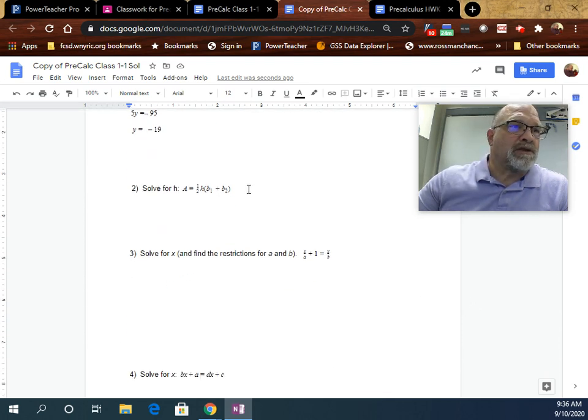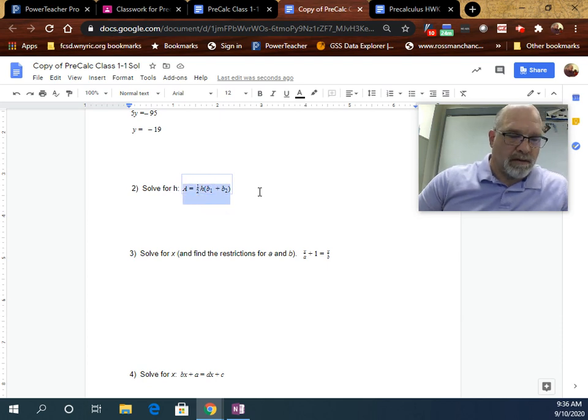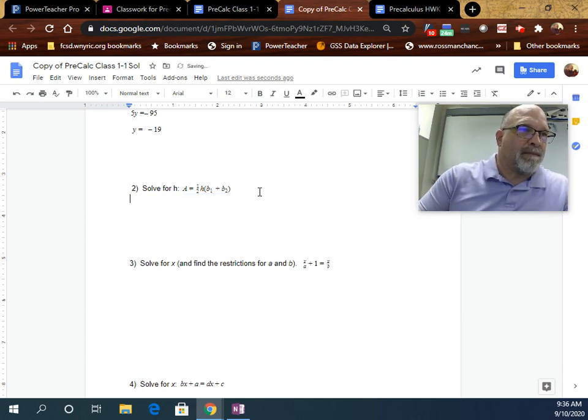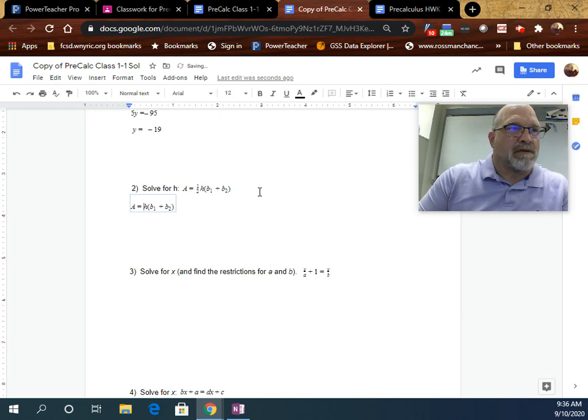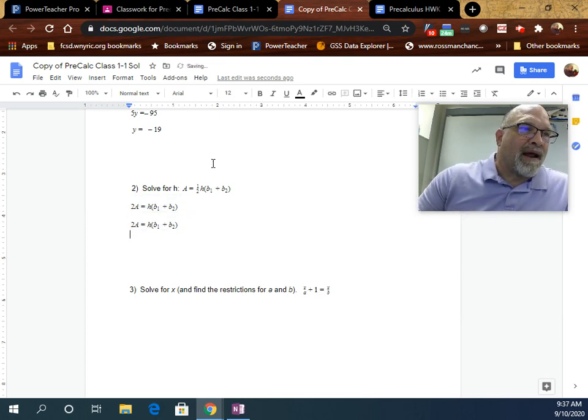is solving for h. This one may be a little bit more complicated. I use my equation editor. I'm going to copy it and paste it. First thing I do, I want to get rid of fractions. So if I multiply both sides by 2, that gets rid of that fraction. That's 2 over 2, and we throw the 2 on the side here. Now, I want to isolate h. Well, h is multiplied by this binomial here. So if I divide both sides by the binomial,